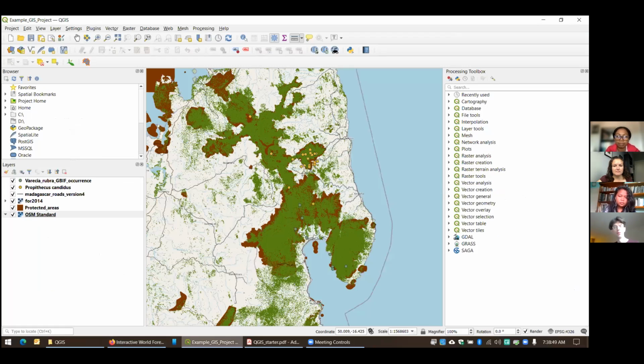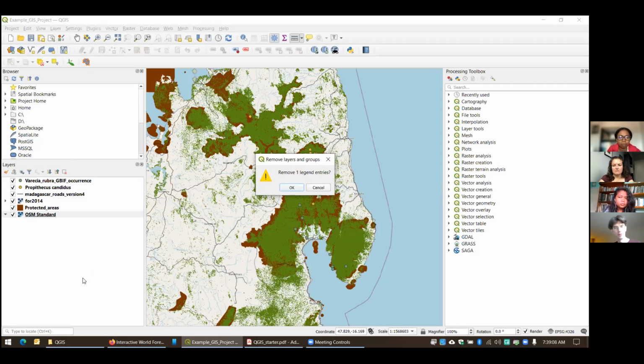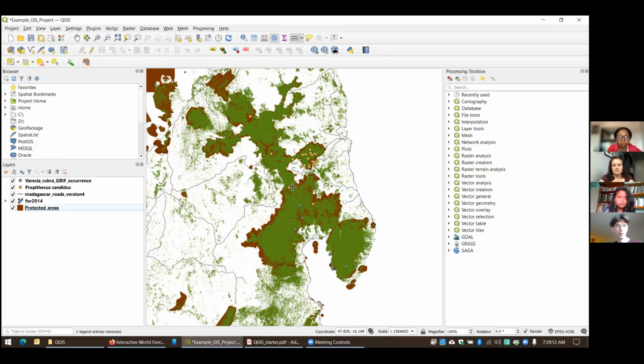I'm going to go ahead and pull up where we left off last time. One of the first questions that came up that's pretty straightforward is how do we load the OpenStreetMaps? So I'm going to go ahead and actually remove the OpenStreetMap layer that we had originally put here, just so that way you can see as I walk back through the steps about adding it back in.